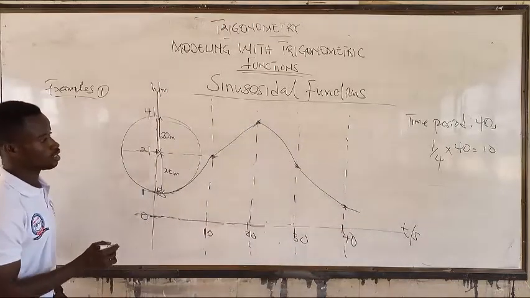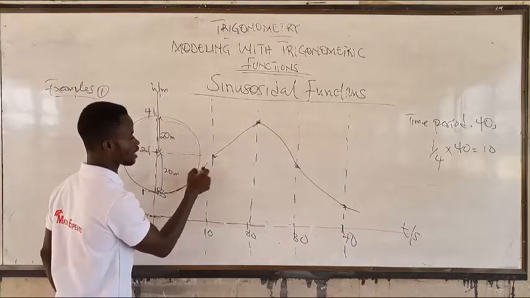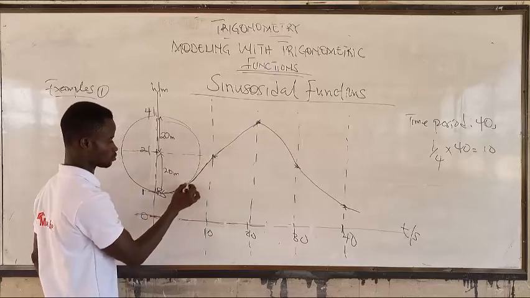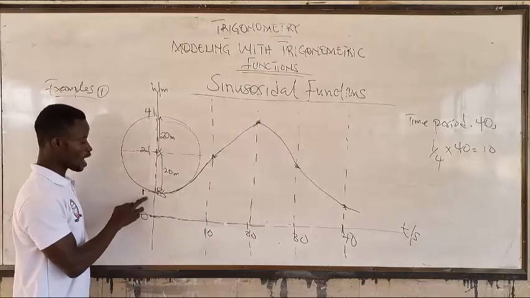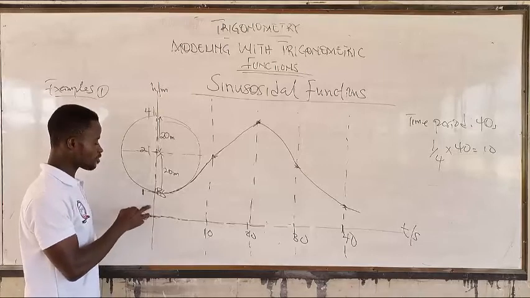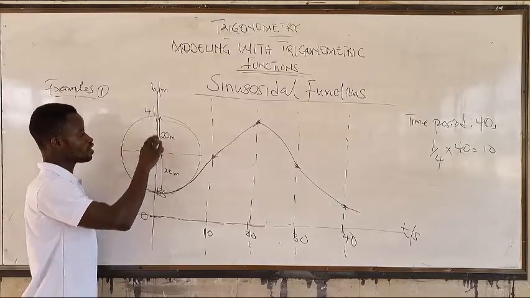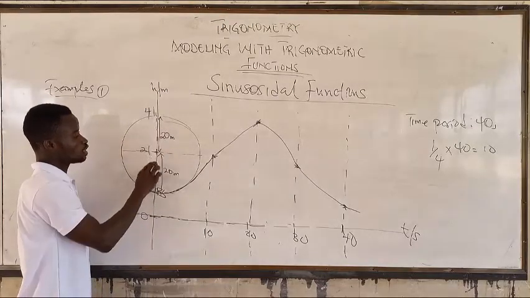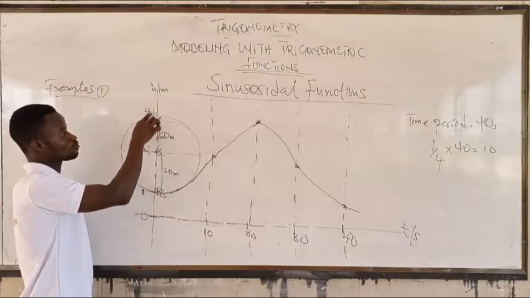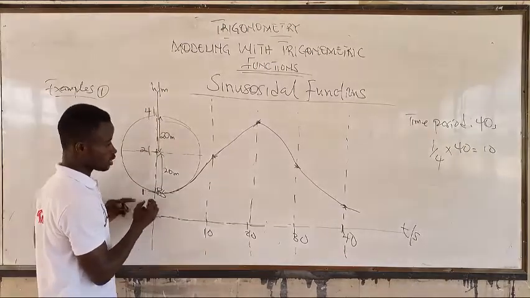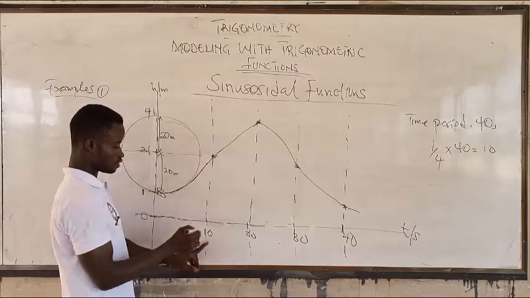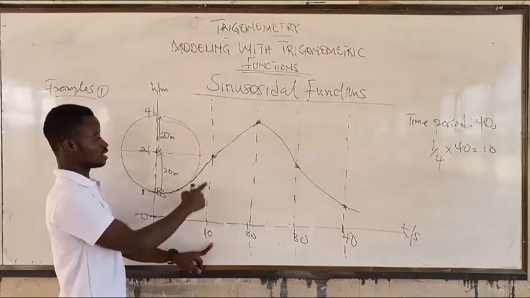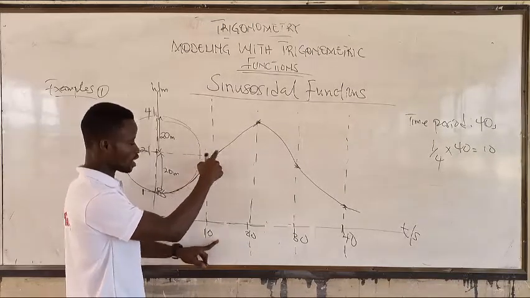Very good. So that is how the graph will look. Because the person starts 1 meter above the ground, here is 1. The radius is 20, so this gives 40, and here will be 41. So there's going to be a cut where the time is 10, that is 21, and